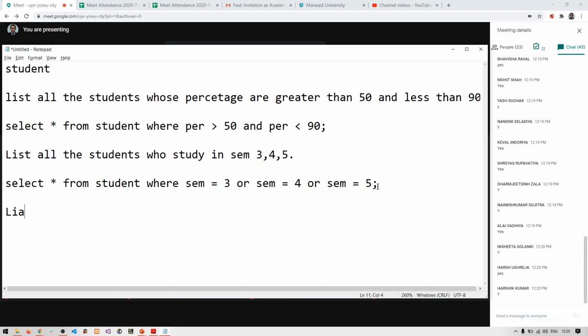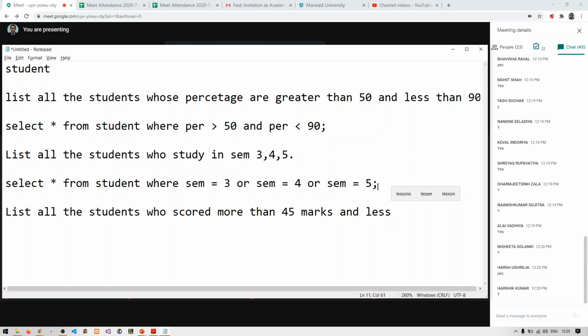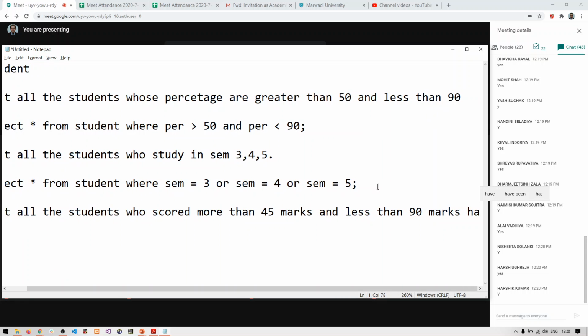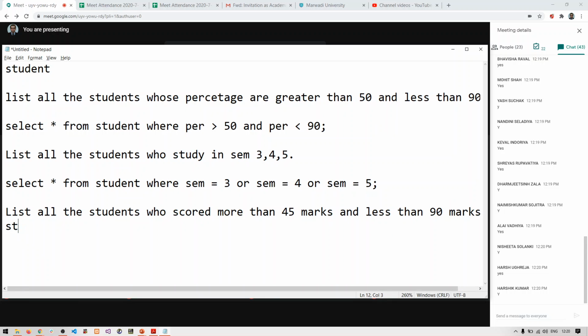List all the students who scored more than 45 marks and less than 90 marks, studying in fifth semester.